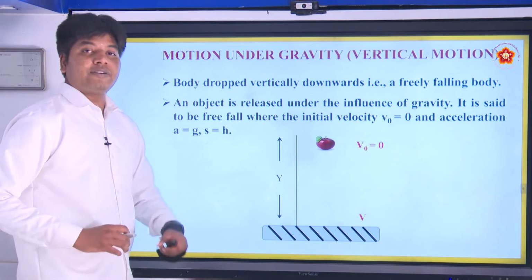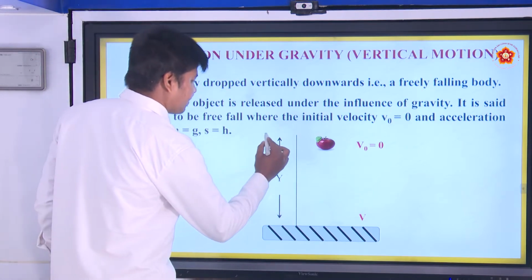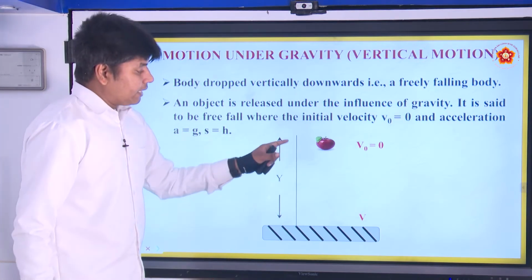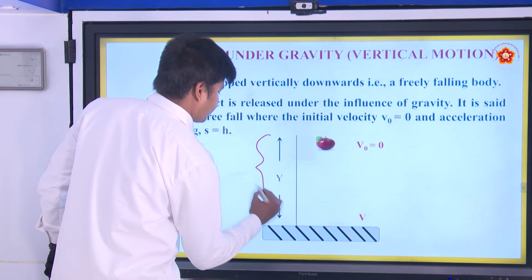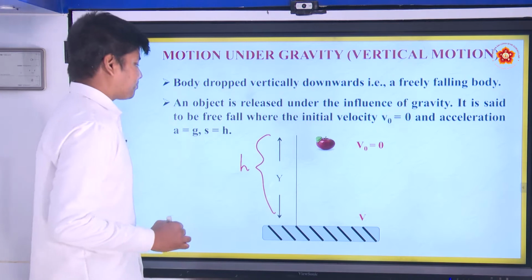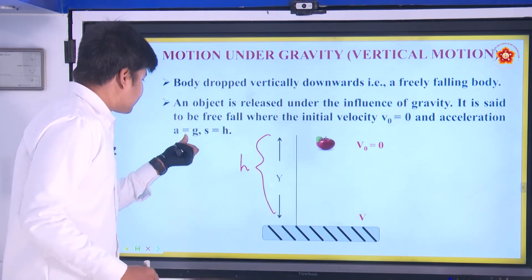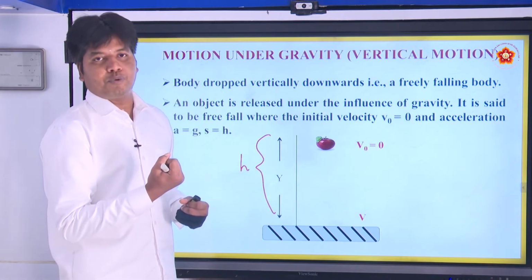The s which we have denoted as displacement becomes the height h here, because it is vertical motion. And the acceleration which we are talking about is the acceleration due to gravity,